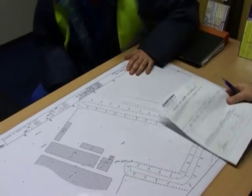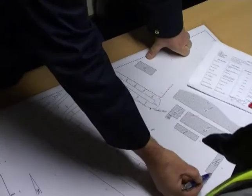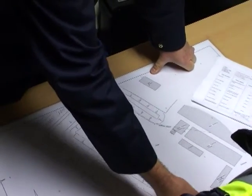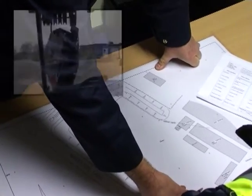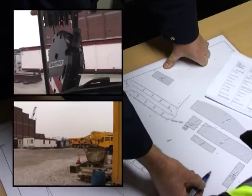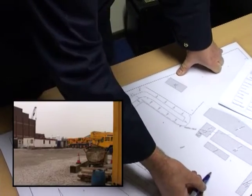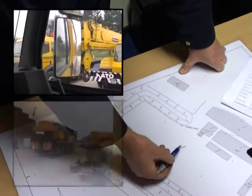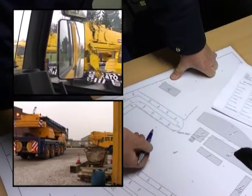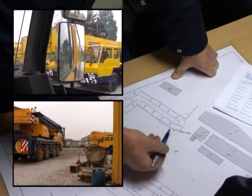Okay then, Dean. This is the site entrance here. As you can see, you're parked just outside now. What I'm planning on doing is bringing you in through the site gates and then swinging you around in this open area here and then getting you to reverse slowly under my guidance down to the bottom end of the site where we can actually be positioning you, where I've already marked with some marker paints the position of the